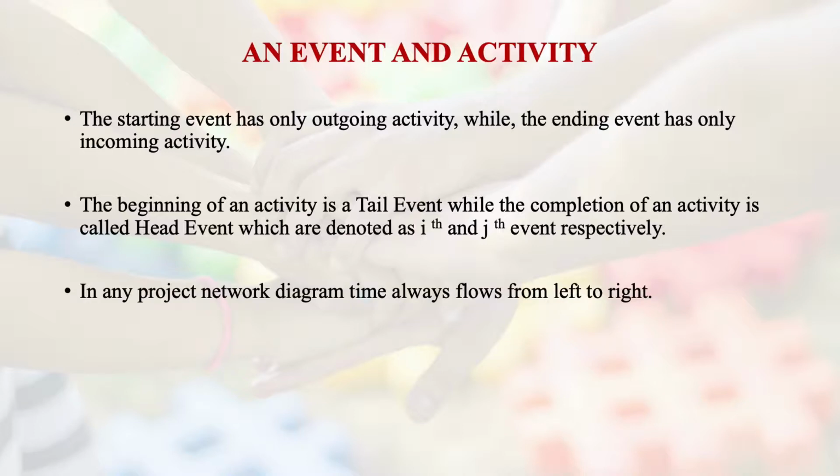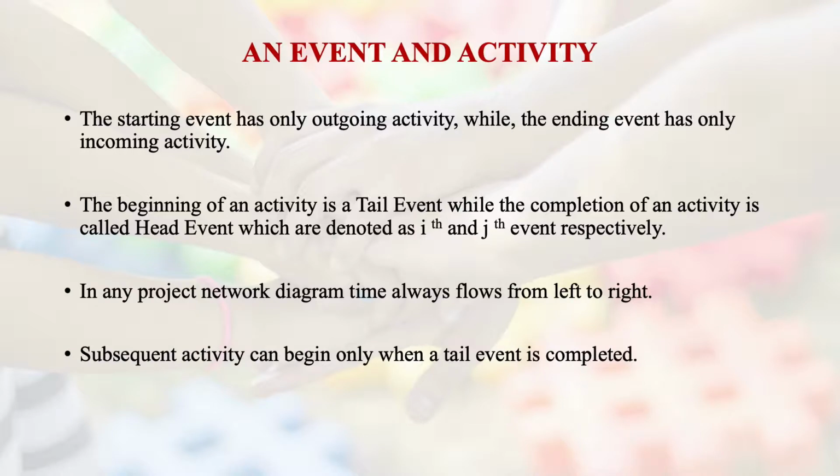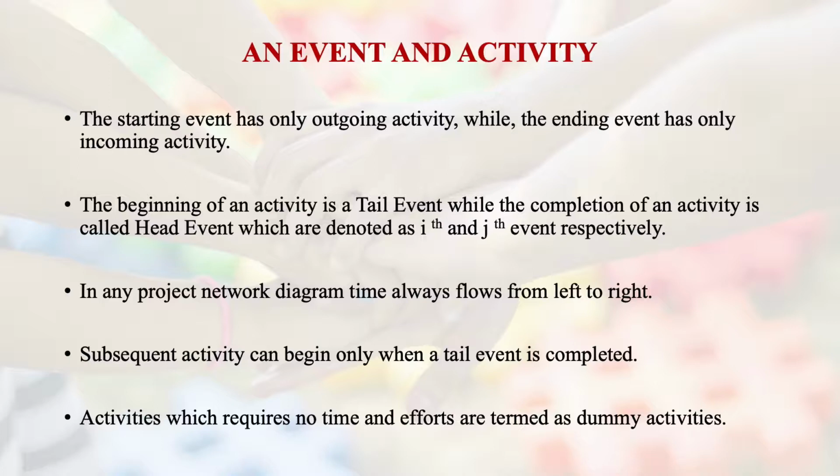In any project network diagram, time always flows from left to right. The subsequent activities can begin only when a tail event is completed; only then is the next event going to be fired. And the activities which require no time and effort are termed dummy activities. Many times we use a dummy activity to show a relationship between events, and that particular thing cannot be shown